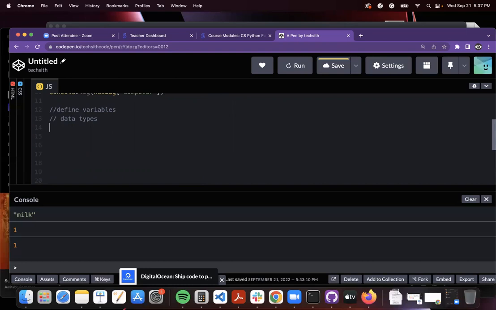String, numbers, Boolean. It could be a basic data type, like strings, or you can have complex ones, like arrays or objects, right? And then you'll always learn methods, like pop is a method, push is a method, all these methods, right? So this covers variables, data types, and the methods. Next thing you're going to learn is